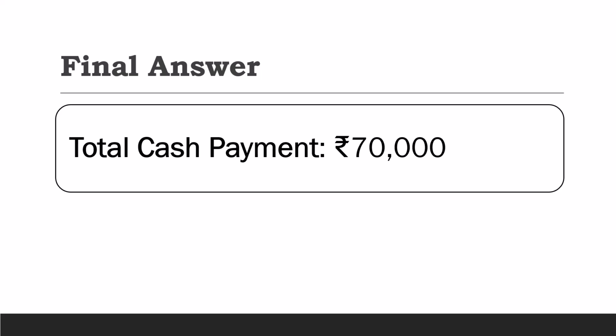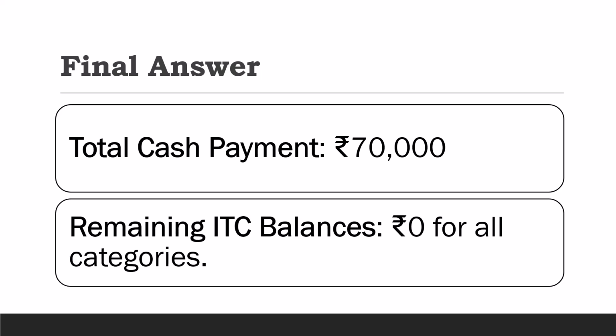It is only applicable, I think, to goods, not to services. The GST Act requires the generation of an electronic way bill for the movement of goods worth more than 50,000. So if somebody is supplying goods above 50,000, he can't supply it like this. He has to raise an electronic